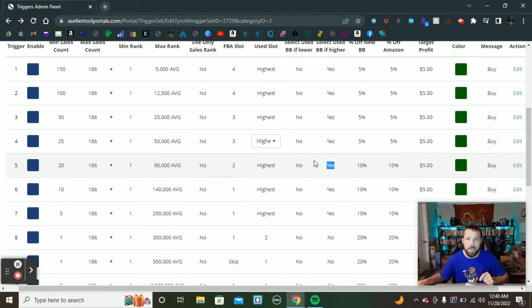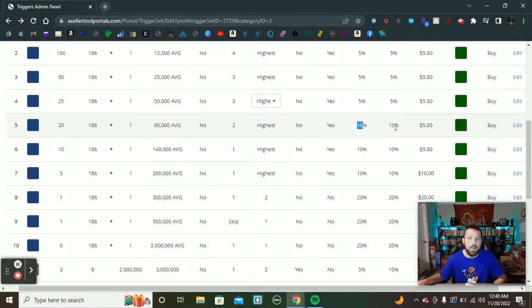It will occasionally, but it just moves slower. So we're going to take 10% off, but we're still going to have $5 profit. And this will be the last slower moving trigger that I'm considering such low profit, and that's trigger 6. And so if it sells between 10 days and 186 days in a 6-month